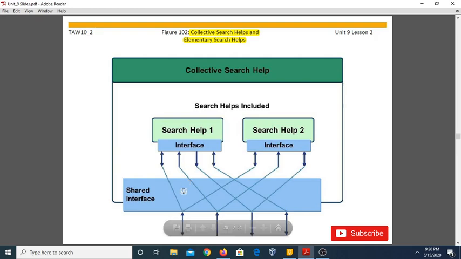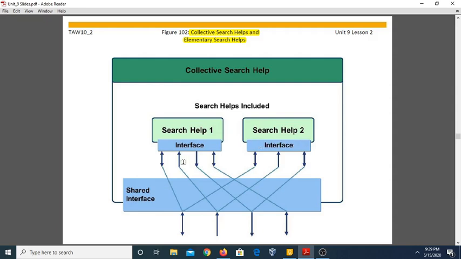In this figure, you can see this is our collective search help, and this collective search help has a shared interface which contains all the importing and exporting parameters of search help 1 as well as search help 2.